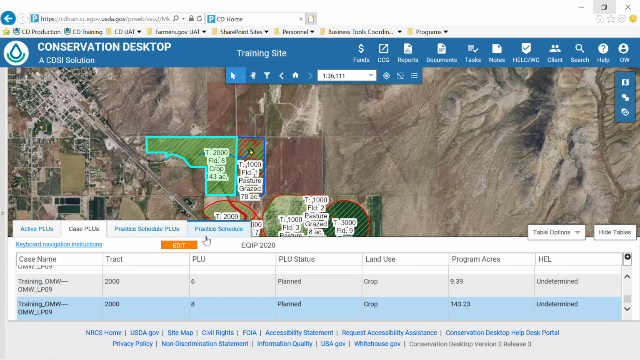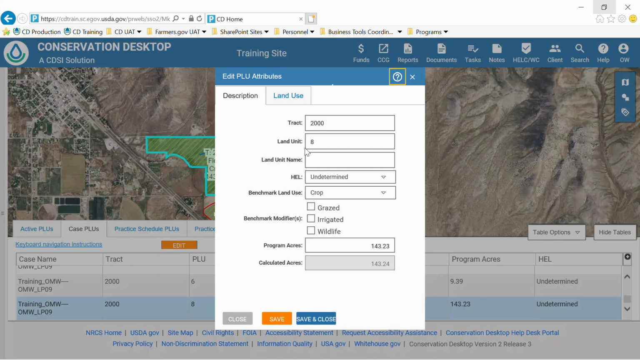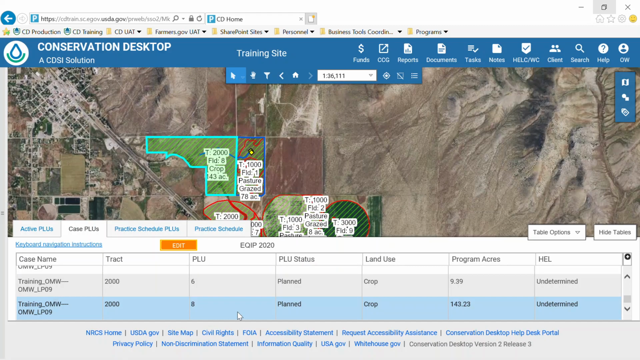With case PLUs and practices, there is an edit button. So you can click on edit, you can add some of the attributes there. You can also do that through the other dialog as well. But that's through the table view. Within tables,